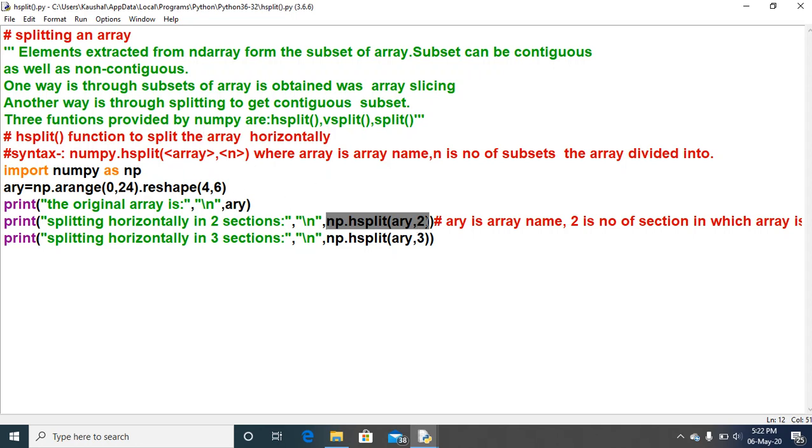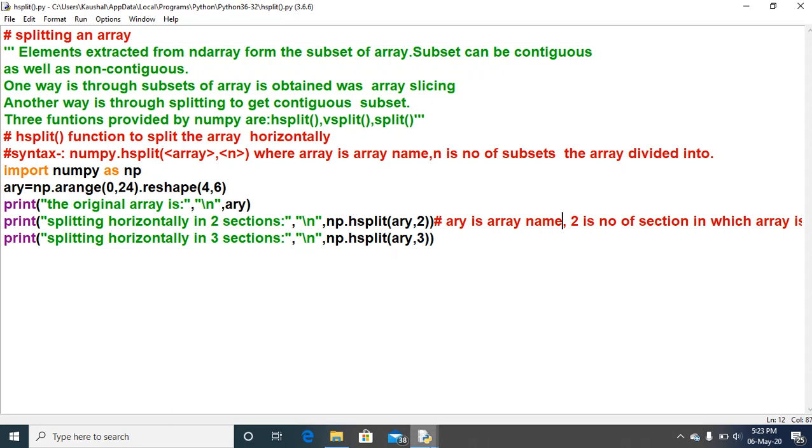So here the same syntax is written, np.hsplit(ARY, 2). ARY is the array name, and 2 is the number of sections in which the array is to be divided. So in two parts this original array will be divided. In what way, vertical or horizontal? It is in the horizontal way.